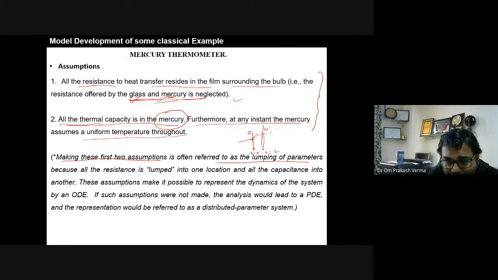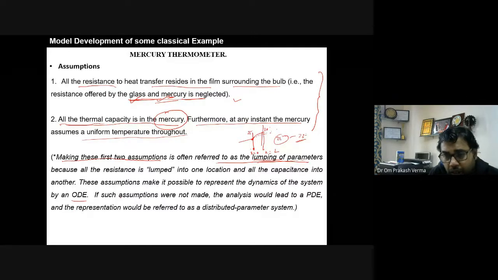So it is varying, but we are assuming that the temperature at x equal to 0 and x equal to L is the same, that's 25 degrees Celsius, or whatever the average, say 23 degrees Celsius. So this assumption is making the system lumped, not distributed. Is it clear? So this is called the lumped parametric model. As you know, the model of a lumped parametric system usually produces an ODE, ordinary differential equation.